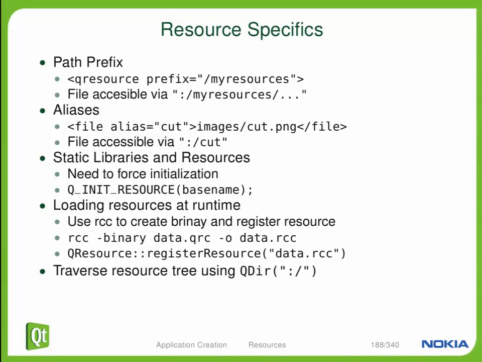That's going to allow resources from that static object to be available to your application at runtime. You can also load these RCC files directly off the disk. Instead of having Qt automatically compile these files into your application binary, you can use this program called RCC, which is the resource compiler. And you can pass RCC your XML, and it will generate for you this binary blob called an RCC file. And you can actually load these at runtime using the static method